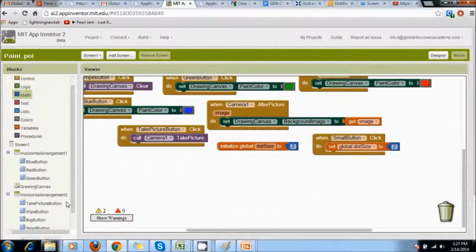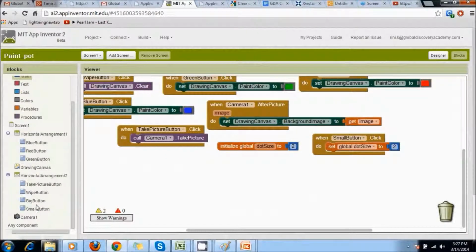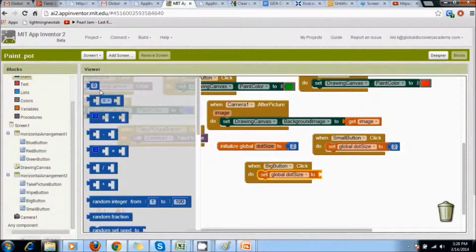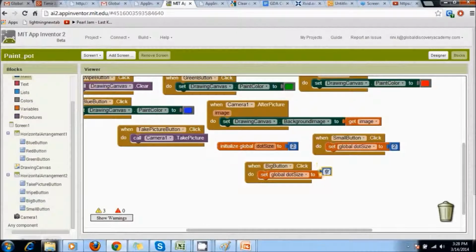But for the big button, when BigButton.Click, we're going to do the same thing, but here we're going to set the value of the radius to be 10. So drag this, drop this here, and make it 10.